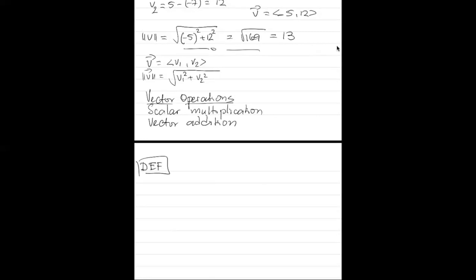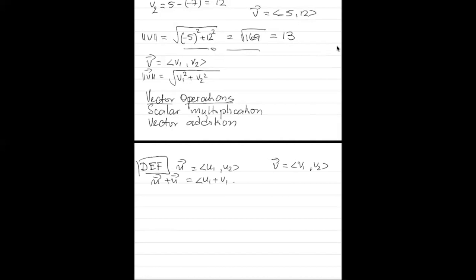Addition of vectors. If I have a vector u with components u1, u2, and a vector v with components v1, v2,